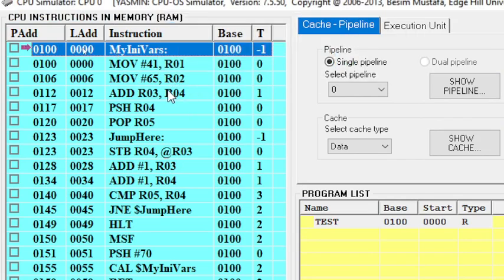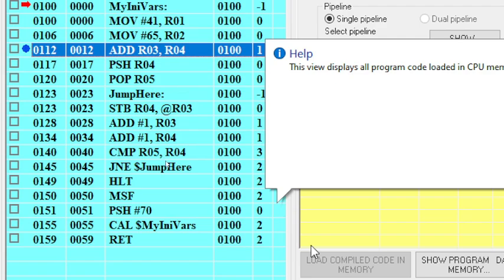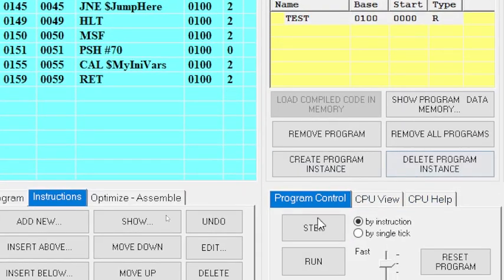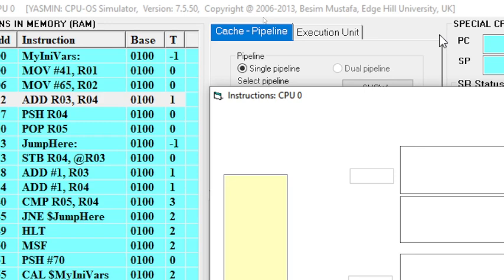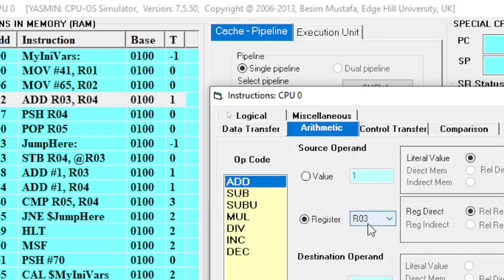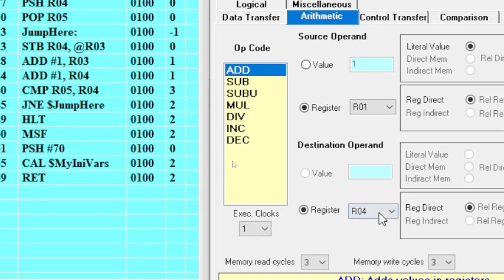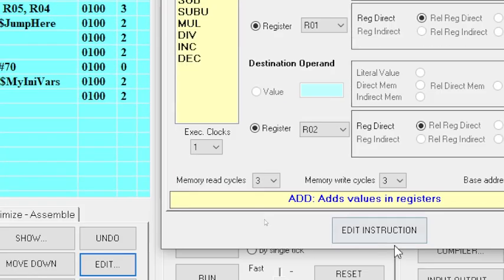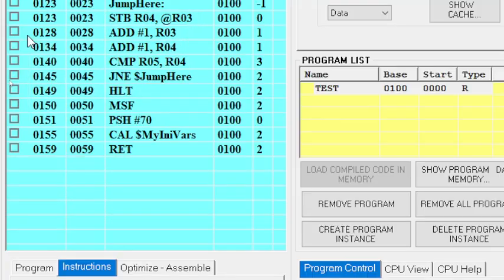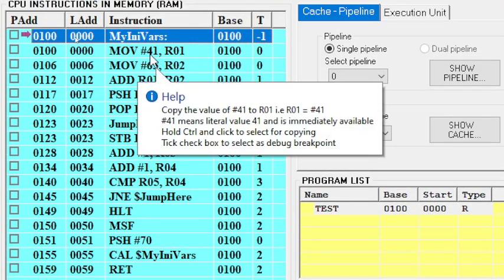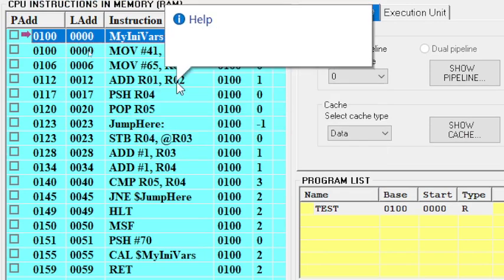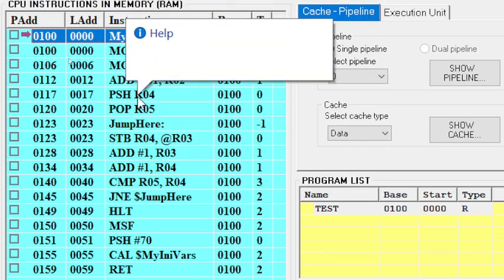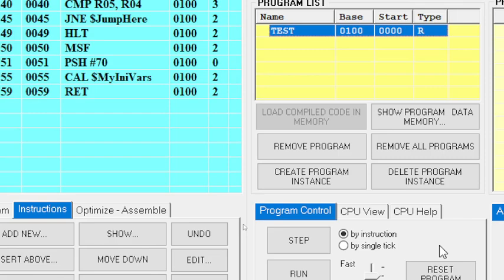This one is wrong because you are adding nothing. So what you are going to do is edit this one, at least add R01 into R02. Okay. So after adding, the 106 goes to R02. Then we are going to push R02 into memory.